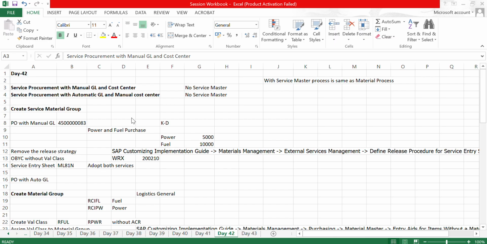Today, we have the topic of procuring the services in the P2P process. We know that there are two methods of procuring the services within Procure to Pay. The first is to input the manual GL for the services that you are procuring in the PO, and the second is by way of automatic account determination. So, that is what I have mentioned here,